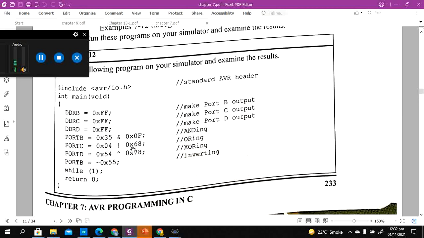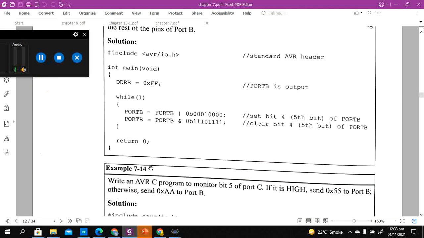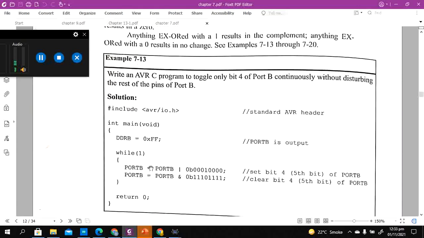Similarly 0x04 is ORed with 0x08, and the output is going to be shown at port C. So this program 7-13 is going to show the results on port B, and we are going to use this mask in which the 4th bit from 0, or 5th bit in general, is going to be made 1, and in this second port B, this 5th bit is going to be 0.